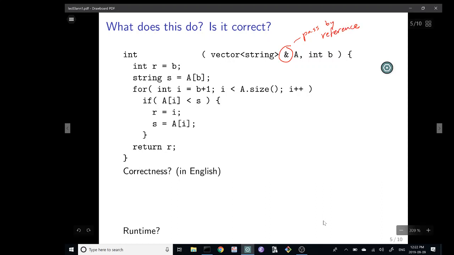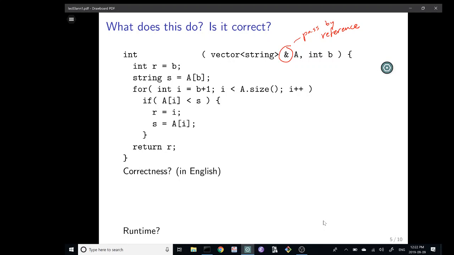It means that instead of copying the array of strings A, the vector of strings A, when the function is called, the function just takes a reference to that, which means that any modifications that this function does to that vector are permanent. They affect the caller. So somebody called this function, that's the caller.